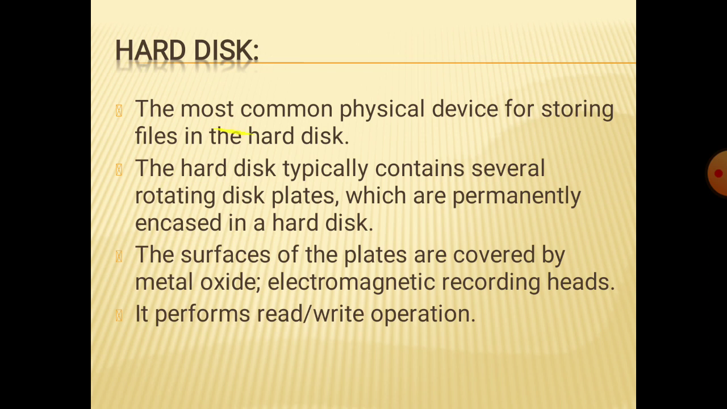The most common physical device for storing files is the hard disk. When we feel that the main memory capacity is not sufficient to store the data, the program or the instructions, then we need some more memory. At that time we use secondary memory, and the most commonly used secondary memory device is the hard disk. In computer systems, there will be a hard disk of 500 GB, 720 GB or 1